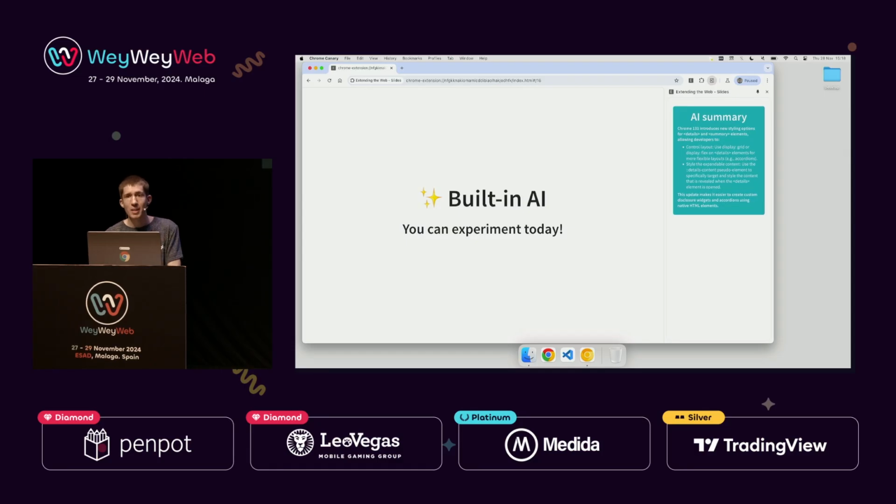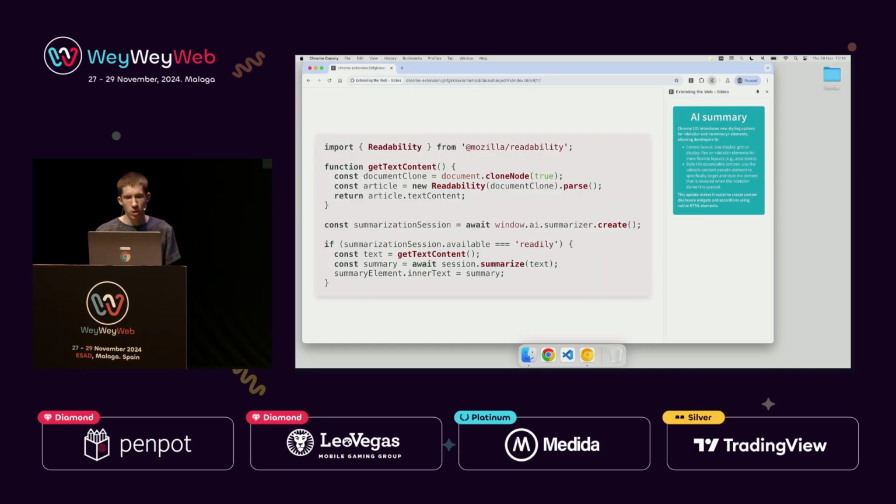These are all experimental APIs, so I want to be clear that these aren't shipping yet. You can't use these APIs in a product that you actually ship to users. But we're in a stage where we're starting to get feedback from developers and get an idea for what's possible to build. So what we can actually do is use this window.ai.summarizer API,